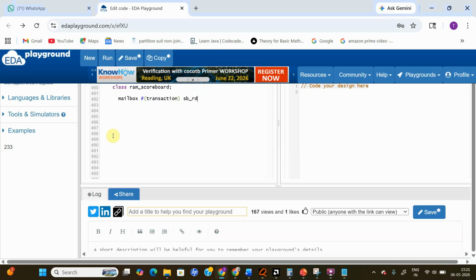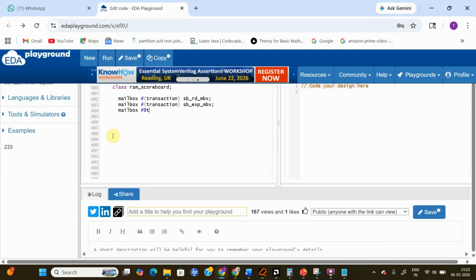One mailbox handle I'm getting from the read monitor, and another mailbox handle of transaction I'm getting from my reference model, sb_exp_mbx, let's say. And one more mailbox I'm getting from my write monitor,